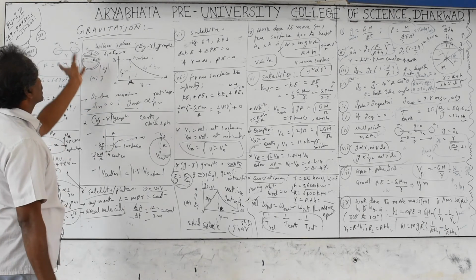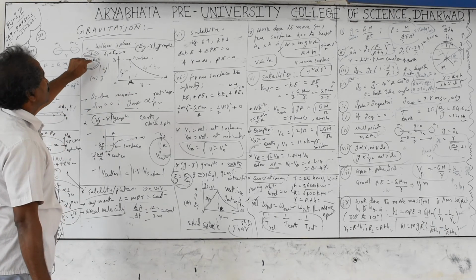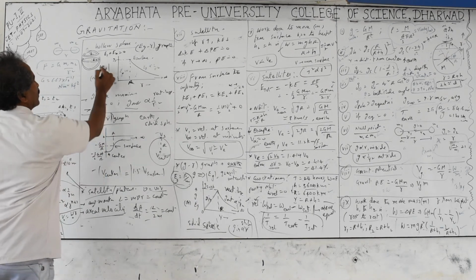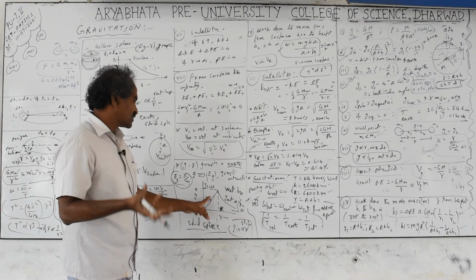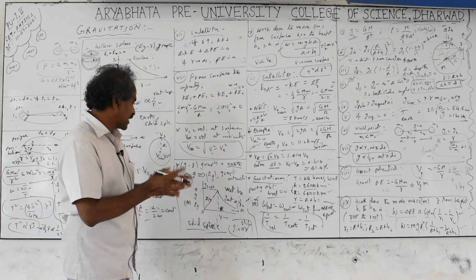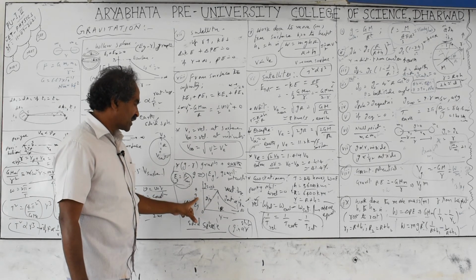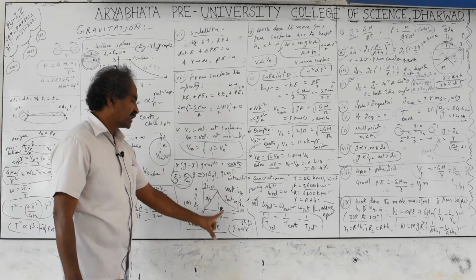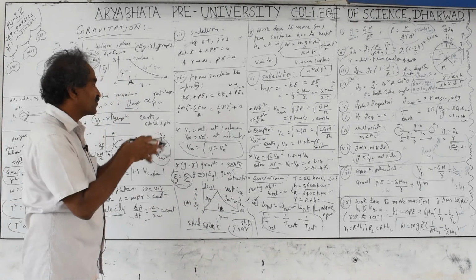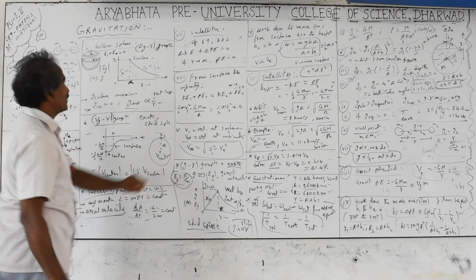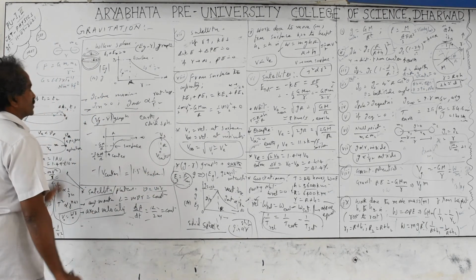For a shell with charges on the outer surface, the electric field inside is 0. A similar graph you will get for this also. For volume charge distribution, like a nucleus, the electric field intensity versus the distance from the center of that charged sphere gives the same graph. A solid sphere with charges filled inside, like a nucleus, gives the same graph. Here also, a similar graph for hollow objects.